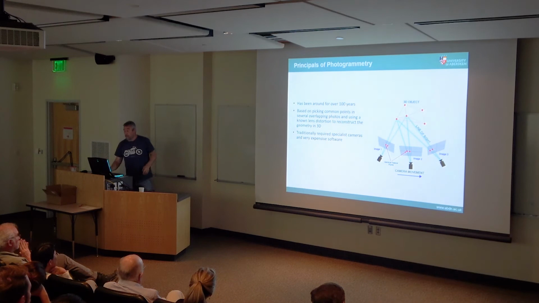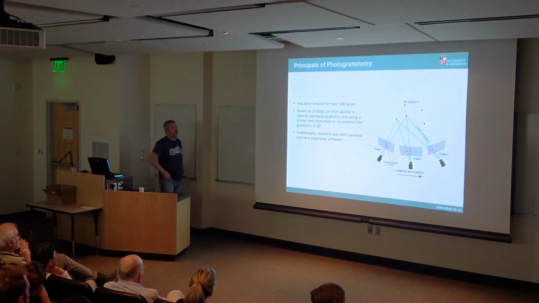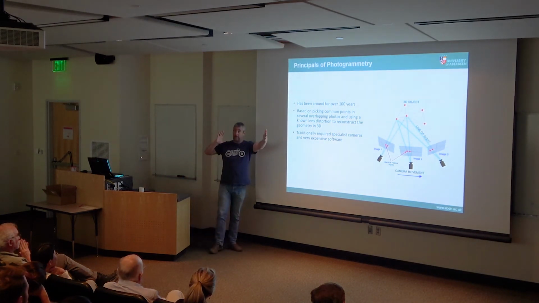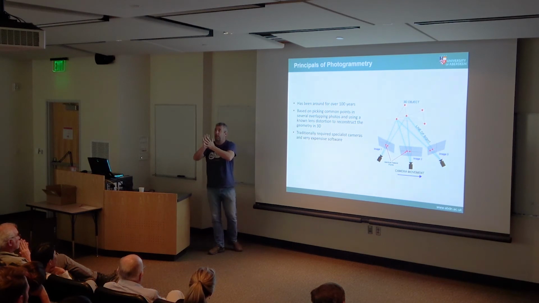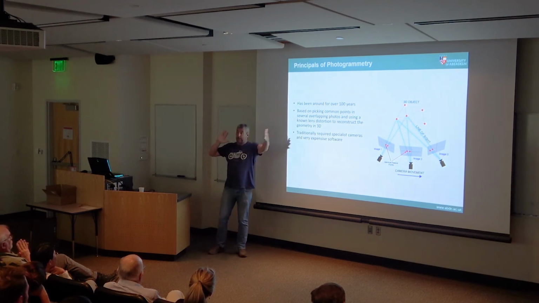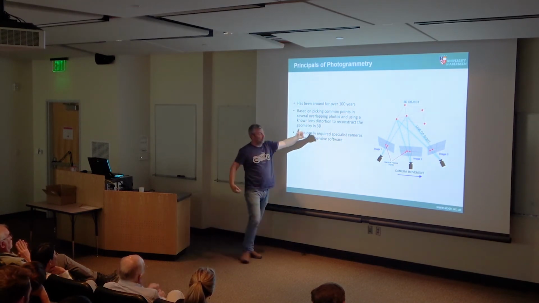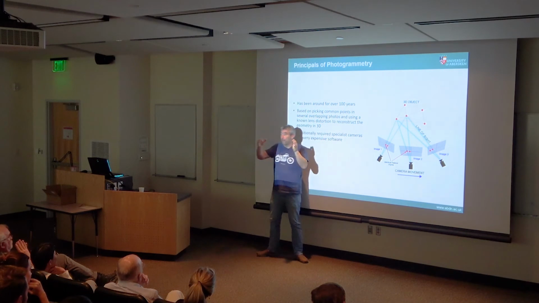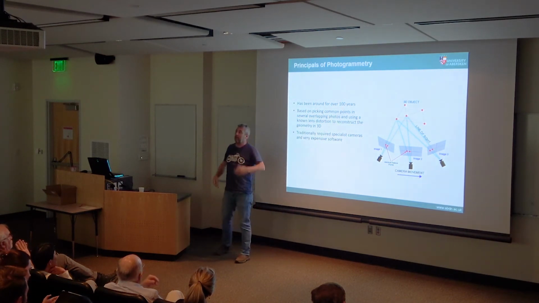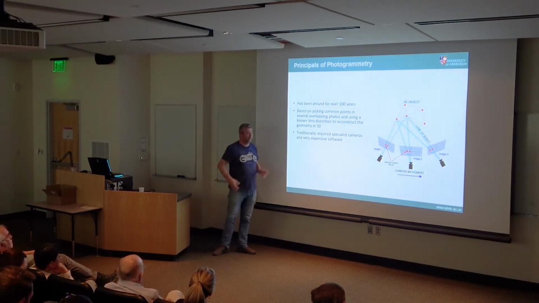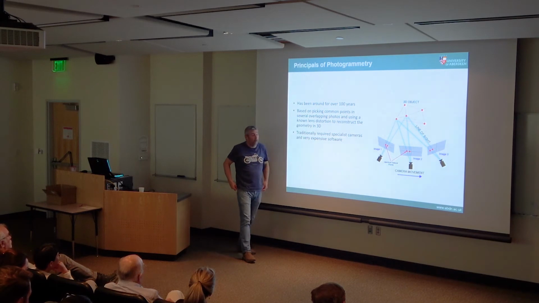And the basic principle, which has been around as long as photography, is that a photograph is a 3D image compressed onto a plane. And that distortion as you take it onto the plane, basically if you have several different pictures of the same object, you get different bends and twists in it, you can actually reconstruct that object. So, as I say, that's an old idea.